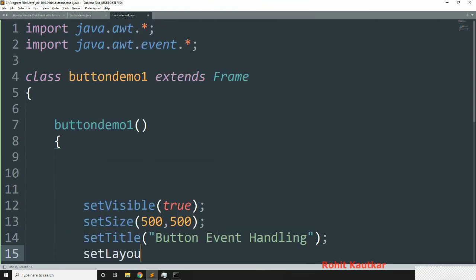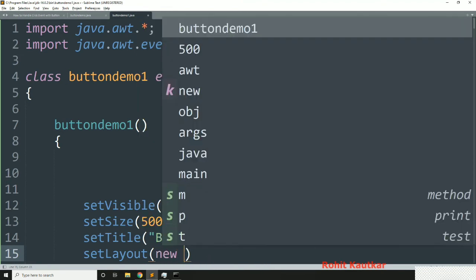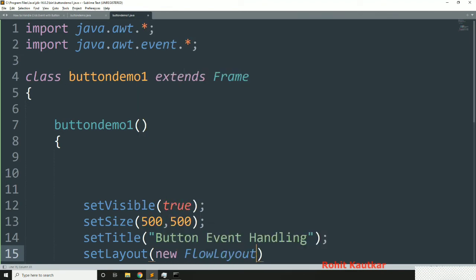setLayout. Okay, so we will create the object of FlowLayout like this. Okay, and now I will add code for closing our window. So addWindowListener like this.